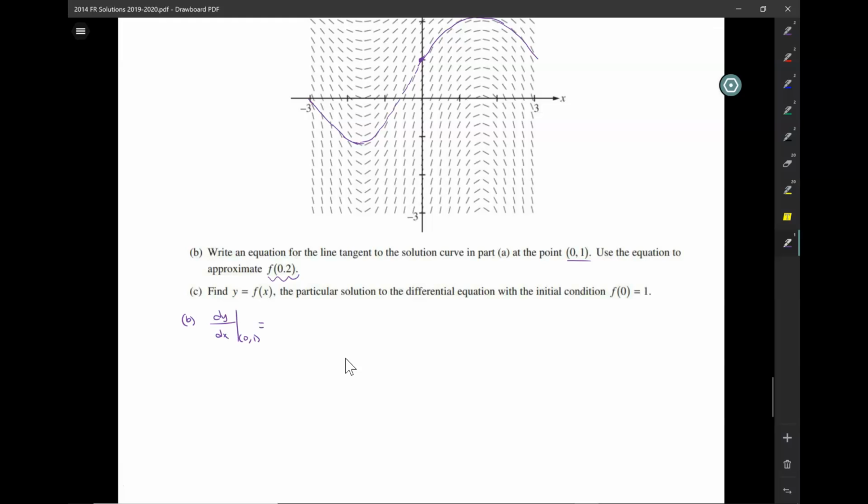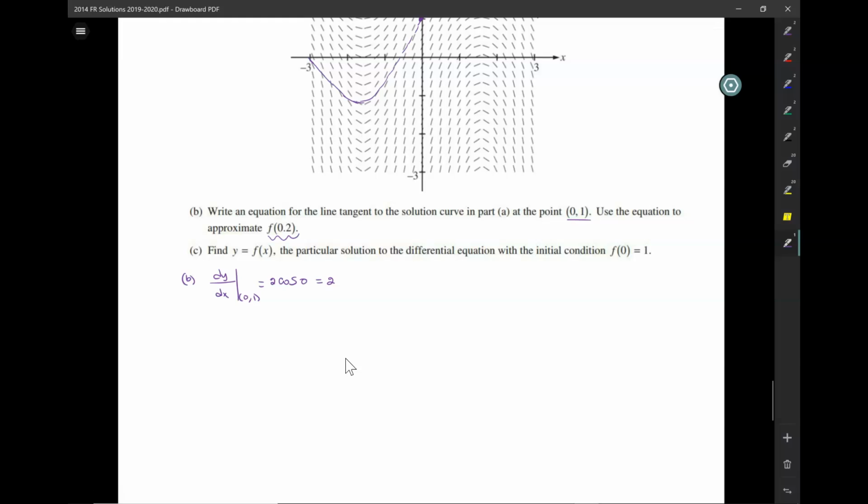So that's going to be 3 minus 1, that's 2. Cosine of x, that's cosine of 0, which is 1. And that's equal to 2. All right, so what does the equation look like? The equation is y minus 1 is equal to 2 times x minus 0. So y is 2x plus 1. Okay, so y of 0.2 is 2 times 0.2 plus 1,